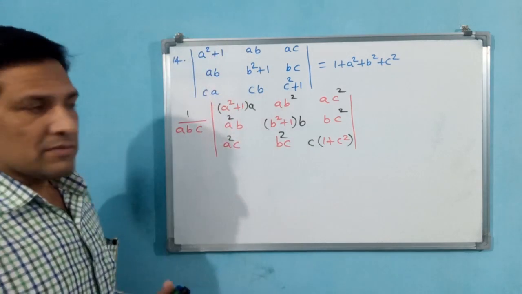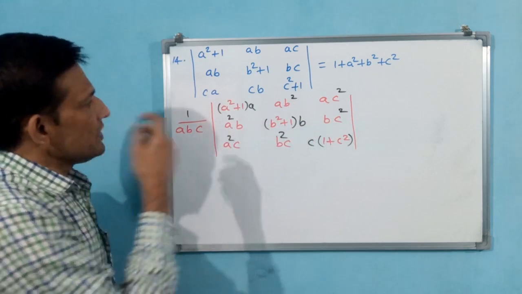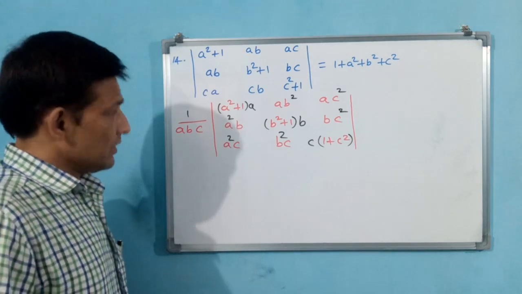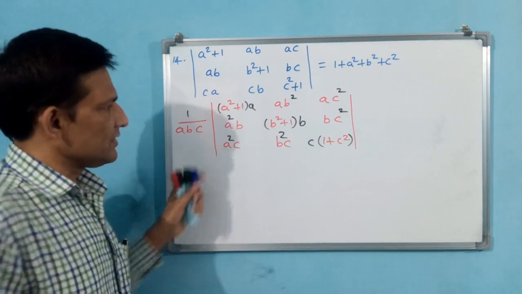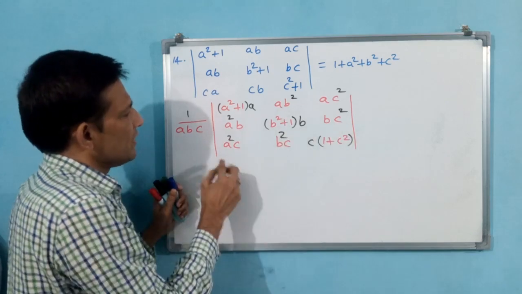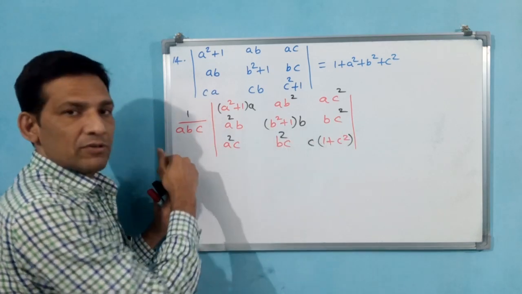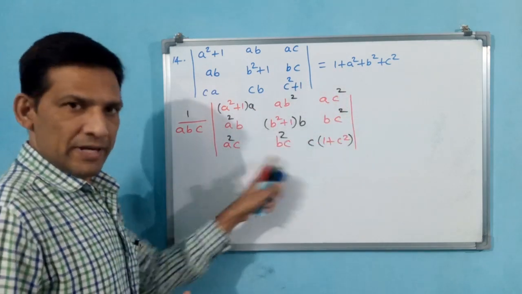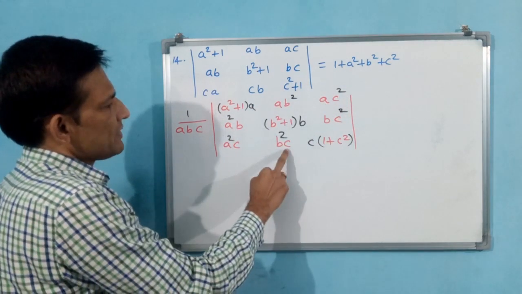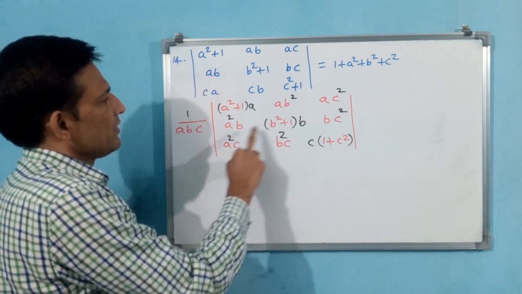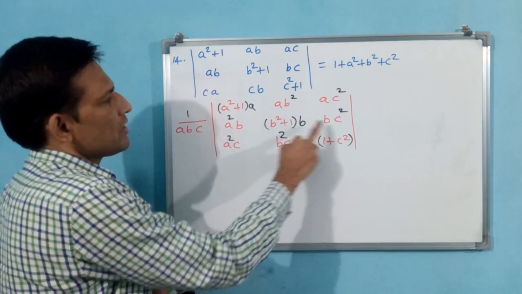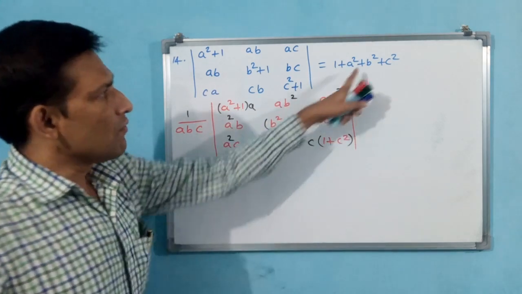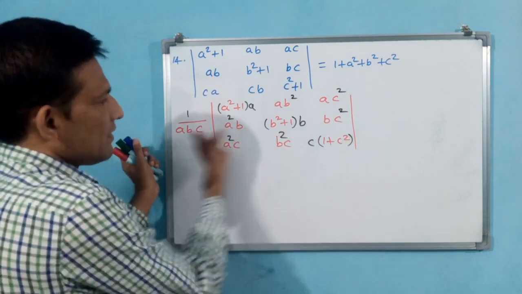Here we have multiplied with column, but taking common from row. You see here, A you can take out. If you take A and B and C, here also B you can take out, C you can take out, common. If you take, then automatically this is going to be left: 1 plus C square plus B square plus A square, 1 plus B square plus A square plus C square, 1 plus A square plus B square plus C square. Whatever you want, those you are going to get after adding.